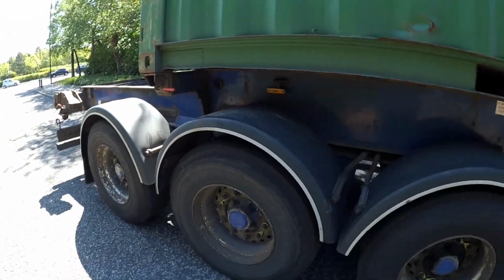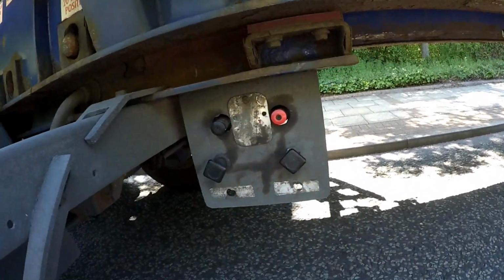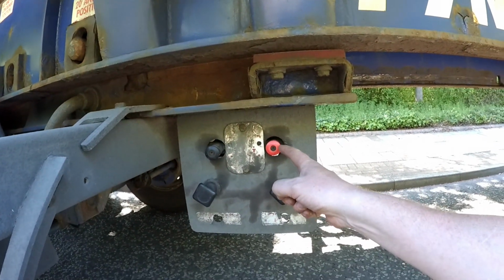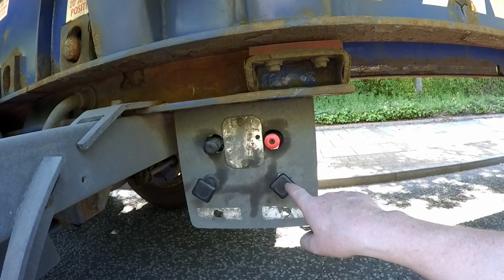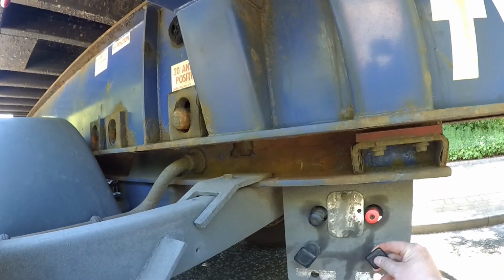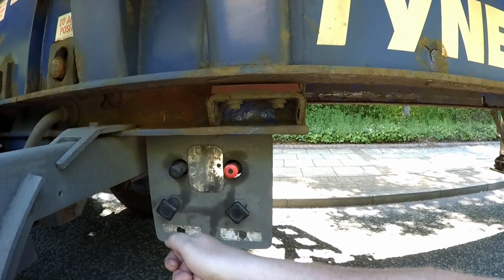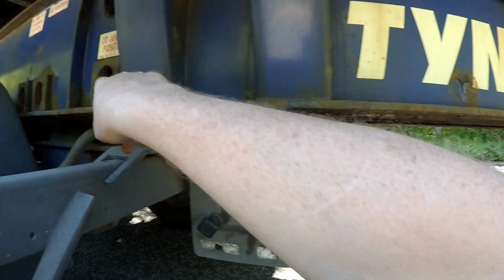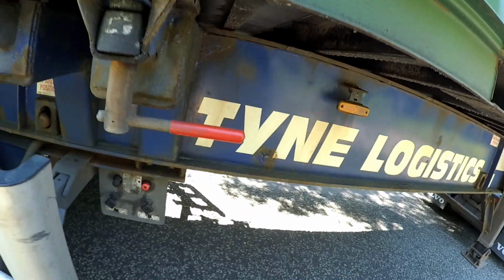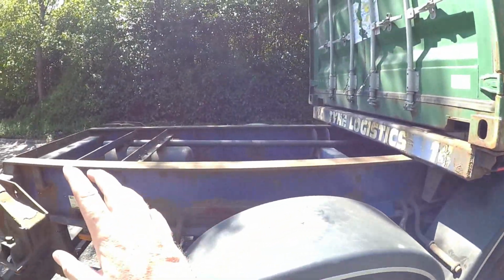Doesn't like it. So what you would do, my newfound education, is if you want to push it back, I'd say this is the position it's in now, you put your brake on, right, and then you push that in, which moves that in, because the brake's not on, right? So you put the brake on, pull that out, that in, and that pushes that lock in. Then you get in your truck, because the brake's on, your trailer's not going anywhere, pop it in reverse, and when you're reversing, all this slides to the back. Once you get to the very back,